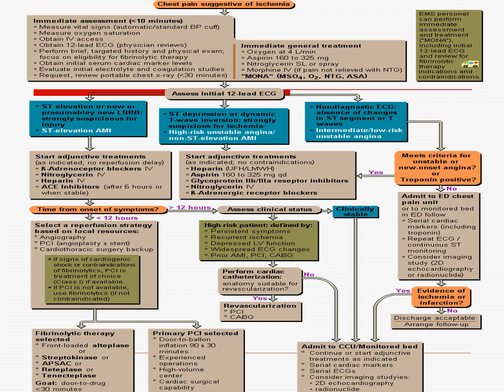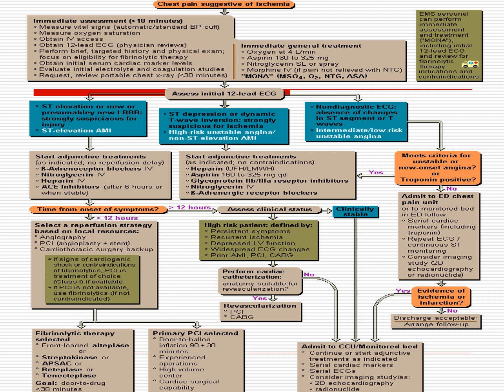If they're having elevation on the left side, you're assuming a new left bundle branch block or strongly suspicious of injury. So you have an ST elevation. So you're going to go ahead and start adjunctive treatments. No reperfusion delay. You want to get going on that as quick as possible. Okay, so meds: nitro, heparin,